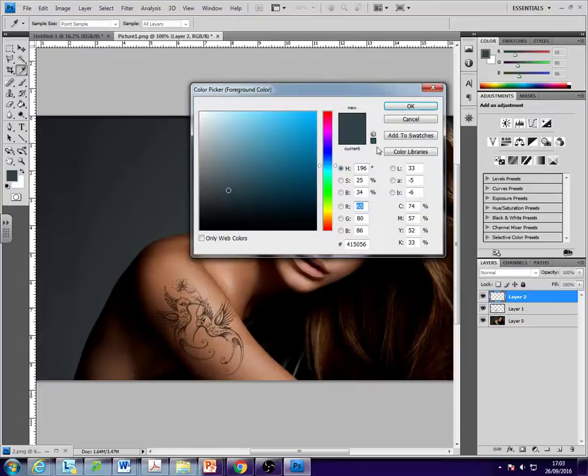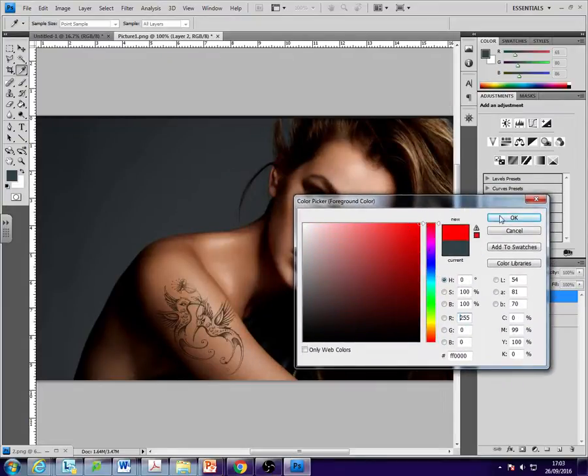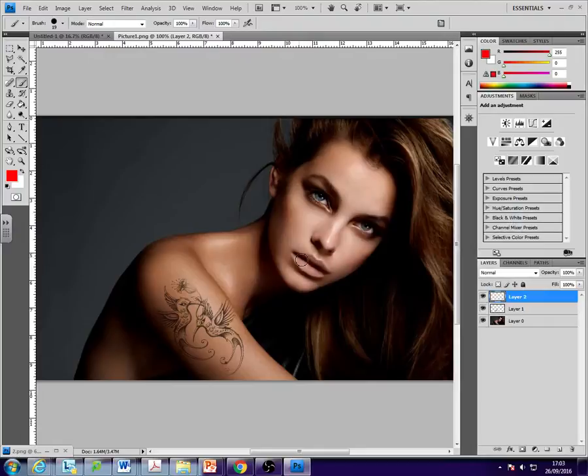So if you select the lip colour that you want to use, I'm going to use a bright red for this one. And just, it is going to look really strange. It's going to be quite hard to control as well because you're using a mouse at this point. At some point you might switch over to using a graphics tablet. Now as you can see, it looks ridiculous at the moment. So again, we need to go to these blending modes,